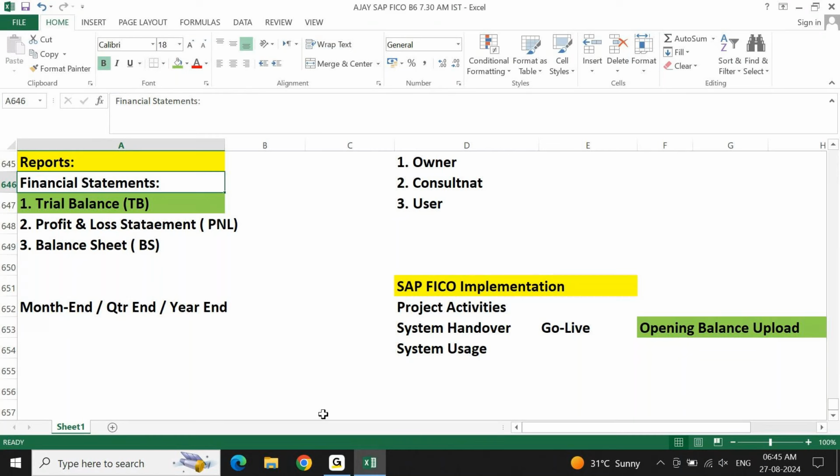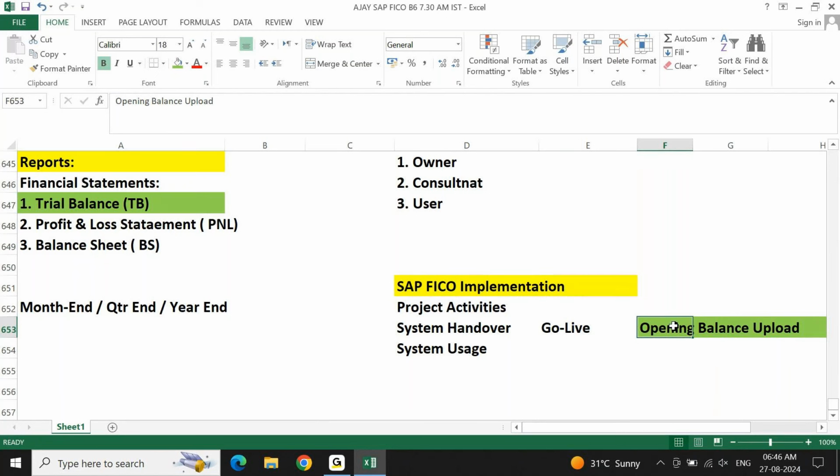First point, as a FICO consultant, when you tell that you have implementation project experience, you cannot tell I don't know TB, you cannot tell I don't know opening balance upload. Never tell anybody you know implementation if you do not know about trial balance, if you do not know about opening balance.